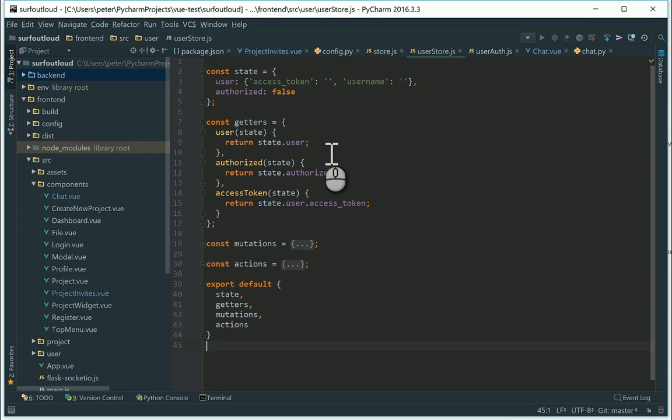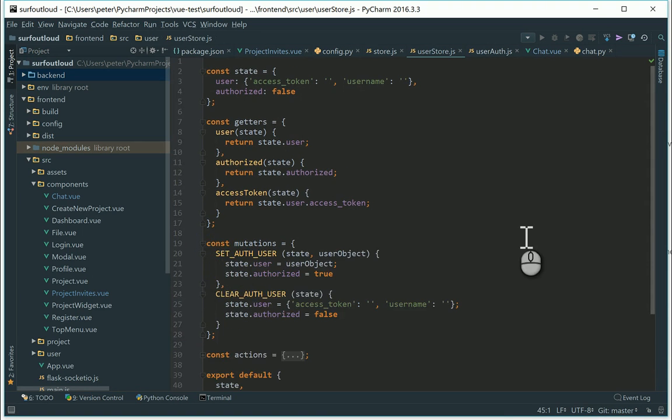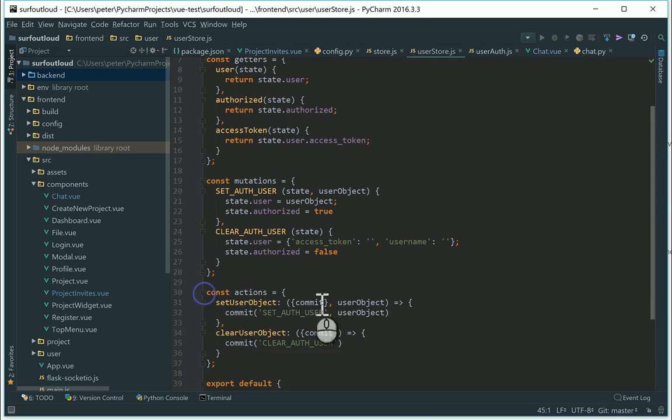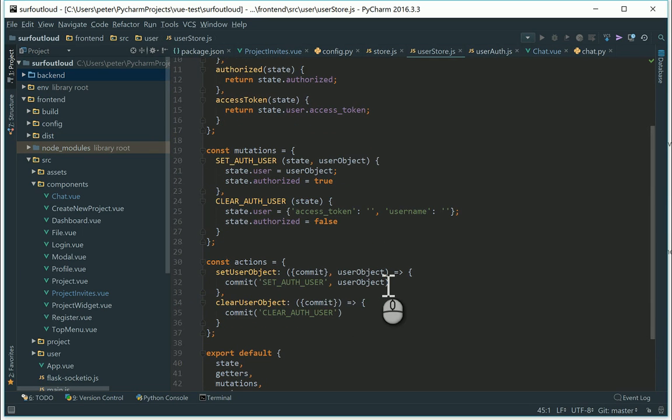The only way to change the state in the store is by committing a mutation of the store. And this is pretty much the only thing a mutation can do. It can only edit the current state of data. But Vue components themselves can't call mutations. Instead, actions are used to commit mutations. And actions differ in the sense that they can also do more complex logic, for example, asynchronous functions or asynchronous